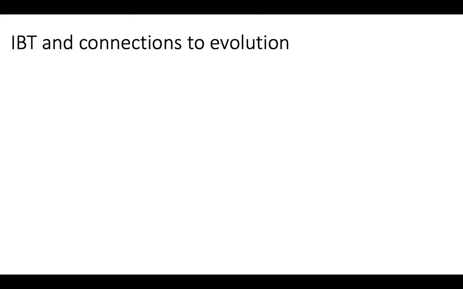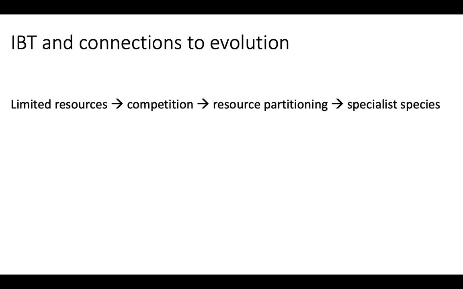Last thing I want to mention is that I talked about how island biogeography provides some interesting case studies in evolution, looking at convergent evolution, and I want to make these points explicit because the AP curriculum does so. Again, on islands, there are limited resources. It's not like an infinite landmass. There are limited space, limited food, limited habitats. That's going to lead to increased competition, which is going to lead to increased resource partitioning, which ultimately will lead to the evolution of specialist species, organisms that specialize on one particular habitat or one particular food source.